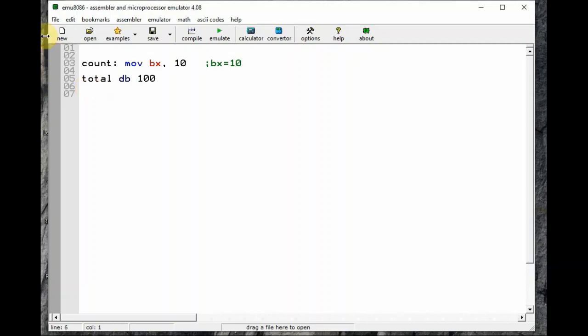Memory operand is when the data of the source operand is in the memory. Let's do one example. Let's move this 100 decimal value in the total variable into a register. Let's do move